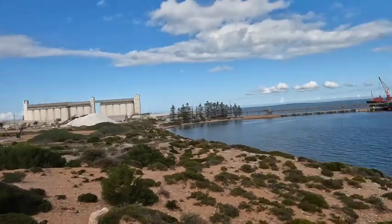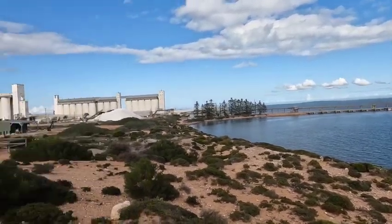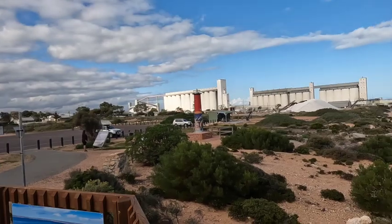Well, we've made it to Ceduna. And we've come out to Pinky Point Lookout to have a look out. And this is where the commercial operations of Ceduna take place. And I'd suggest loading a bit of grain based on the number of silos, and another product, salt. So there you go. So township back over behind us,